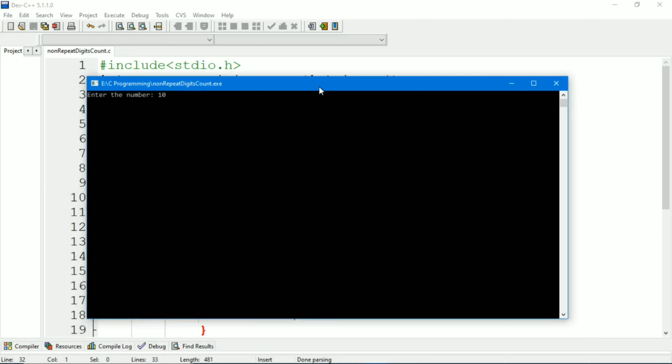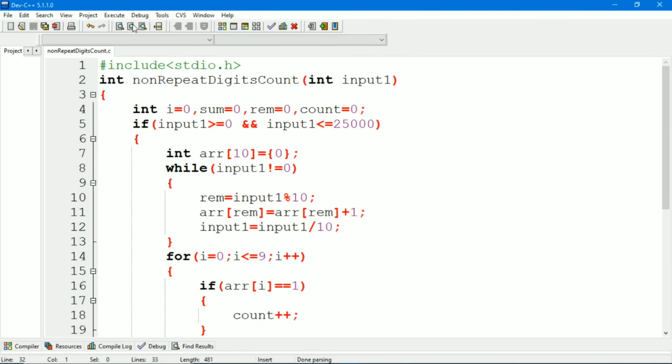Here we can see that the non-repeated digits are 0 and 5, so it should return 2. Press enter. Here we can see that it returns 2, so it's correct.